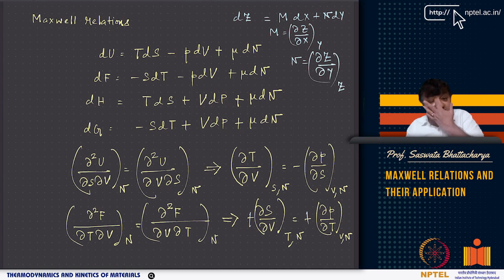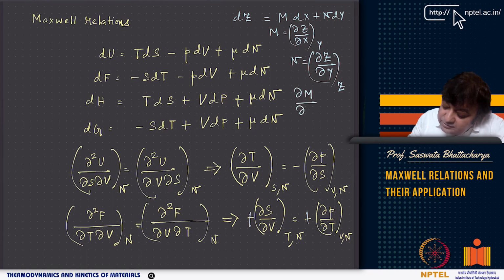By the way, Maxwell relations are very useful to derive many important thermodynamic relations between directly measurable quantities in thermodynamics like temperature, pressure, volume, thermal expansion coefficient, heat capacities, and the indirectly measurable quantities such as energies, right? Different energies or different thermodynamic potentials. We have also said that the property of an exact differential is that del M del y should equal del N del x.